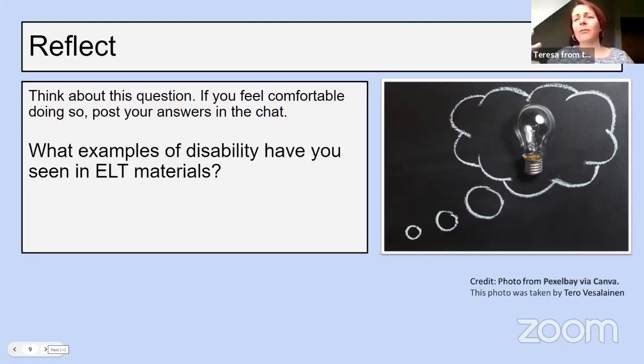He's doing a lot of perhaps not on the disability side, but more inclusive and diverse materials. But I think, I know Peter well, and I know that this is a topic that he really cares about as well. And I think if you look at his material, you'll certainly see some really nice representations of disability included. Shall we move on?